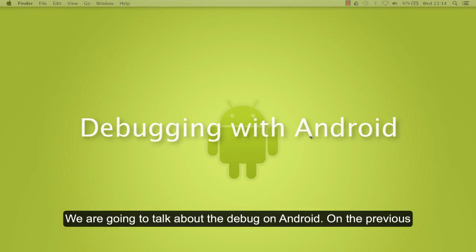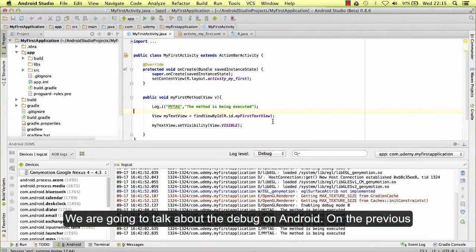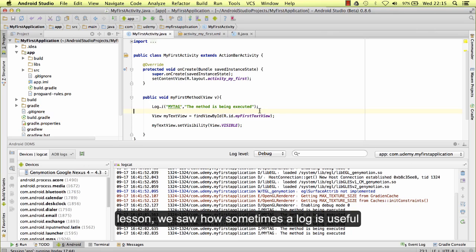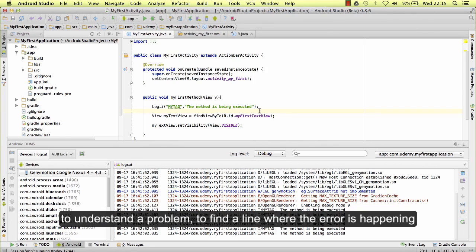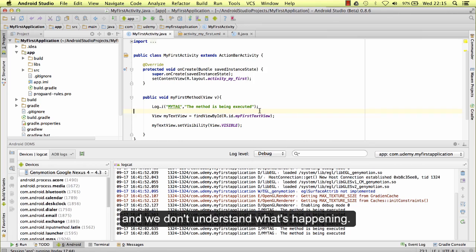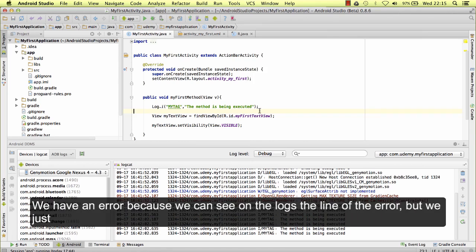We are going to talk about debugging on Android. In the previous lesson, we saw how sometimes a log is useful to understand a problem and find the line where the error is happening, but this case is different. In this case, we have an error and we don't understand why it's happening. We can see the line of the error in the logs, but we just don't